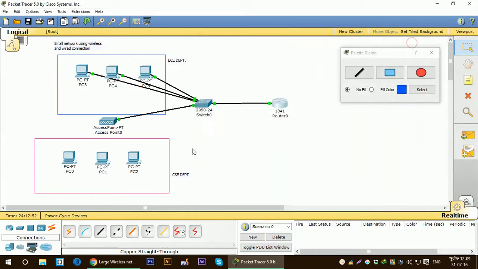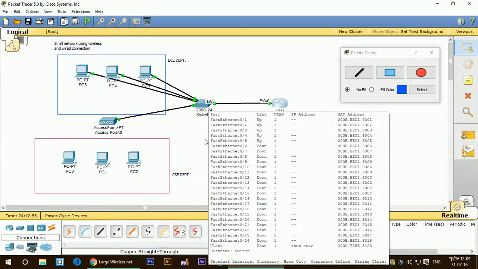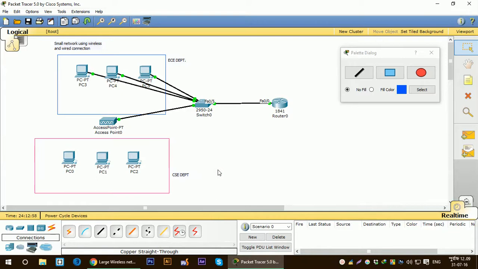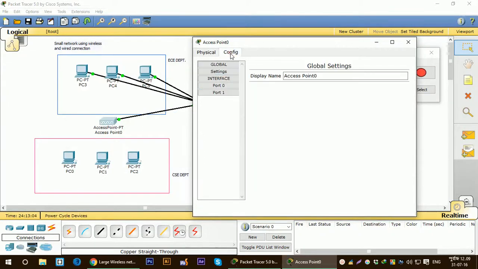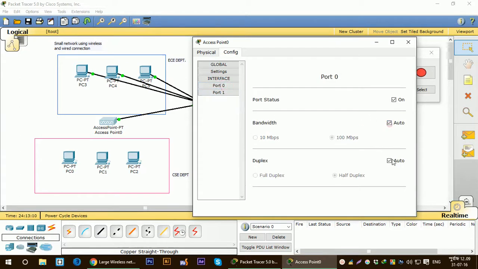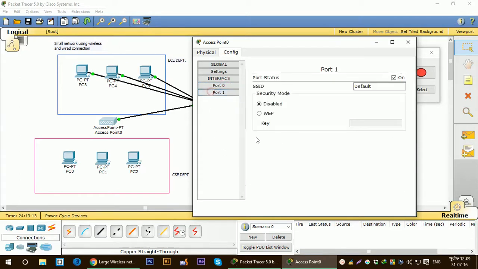So now, as you can see, all the lights are green, that means the connection is established. But what I'm going to do, I'll configure the access point first. So let's configure the access point, and for configuring the access point you have to go to port 0 and make sure everything is checked, and you have to go to port 1 and name your Wi-Fi whatever you want. In that case I'm going to name it